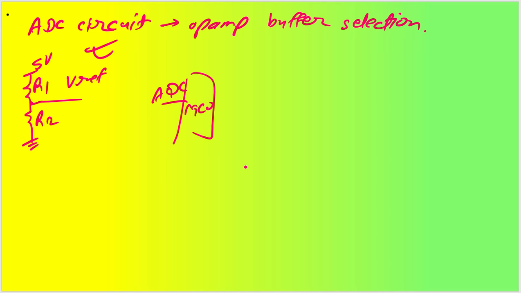However, is it recommended or is it not recommended? For that, we will require one buffer which will make sure that it doesn't draw any low current or something like that. So basically, our main purpose would be to select an op amp as a buffer, and that will make sure what the ADC channel will be selecting, and the ADC will be giving you the output in the